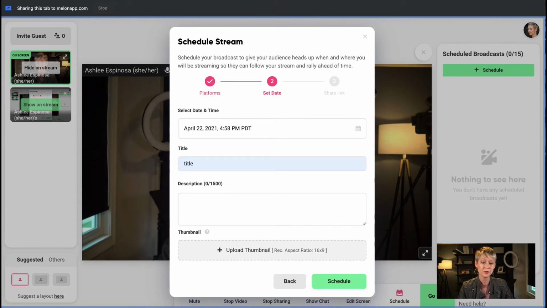And then after you click schedule, it is going to pop it into that place that you're streaming and tell them, hey, there's going to be a stream happening. And people can put it on their schedule. They're going to be notified that it happens if they're part of that group, and it's a really great way to get people excited about it.